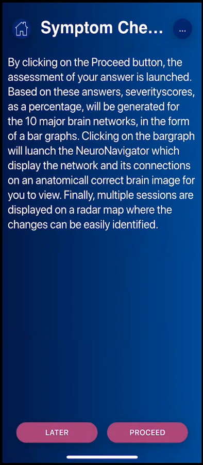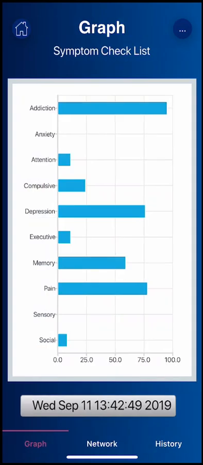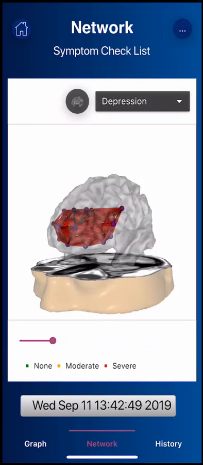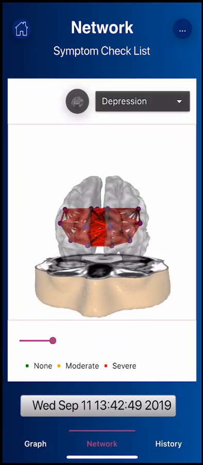And this explains what the symptom checklist is and what to do next. And there's, like I mentioned, 10 brain networks that you can evaluate the severity of your symptoms with respect to these networks. I'm going to click the proceed button. And now you get a bar graph showing the severity of the symptoms. I'm going to click, for example, depression network. And you can see it's red because it's a severe level of